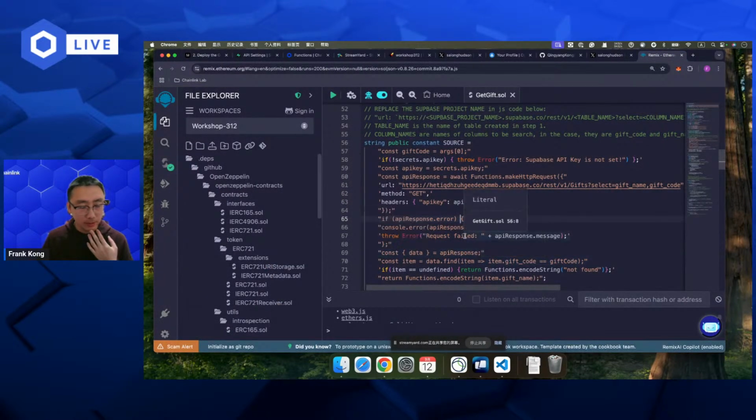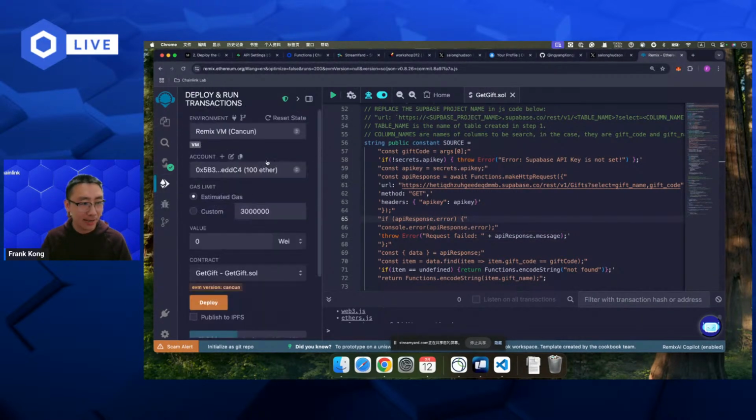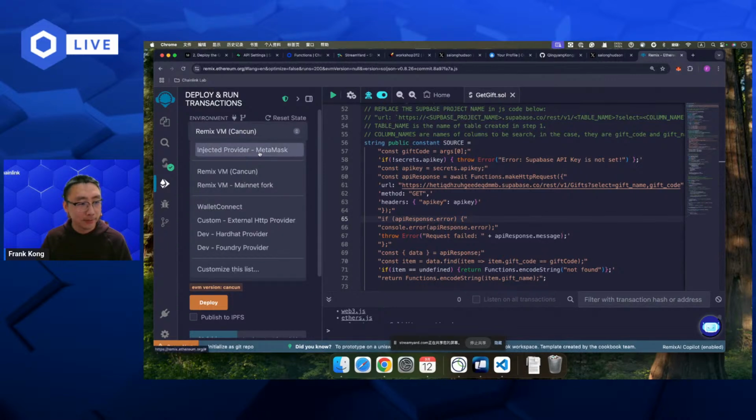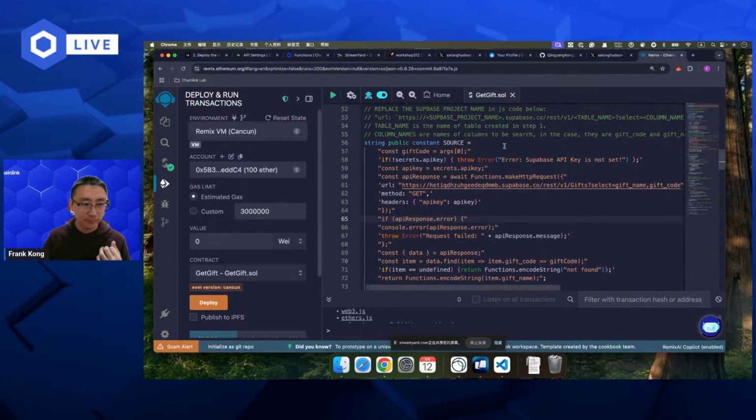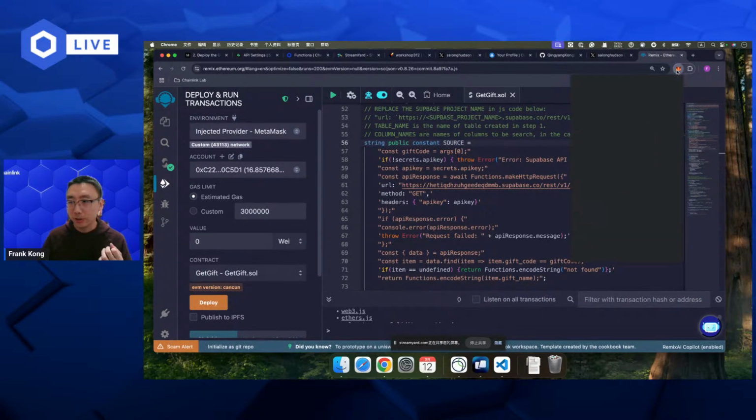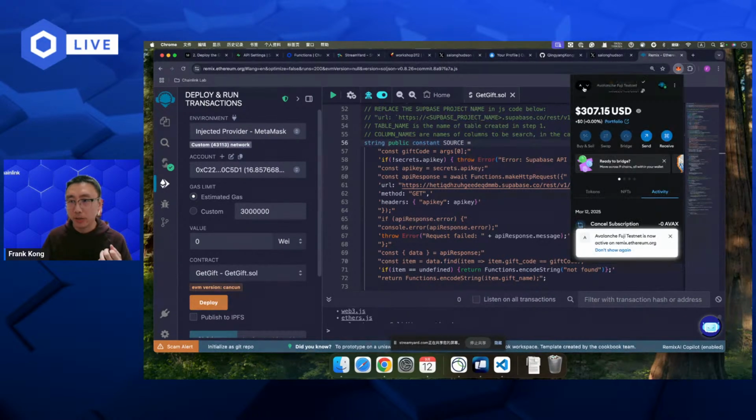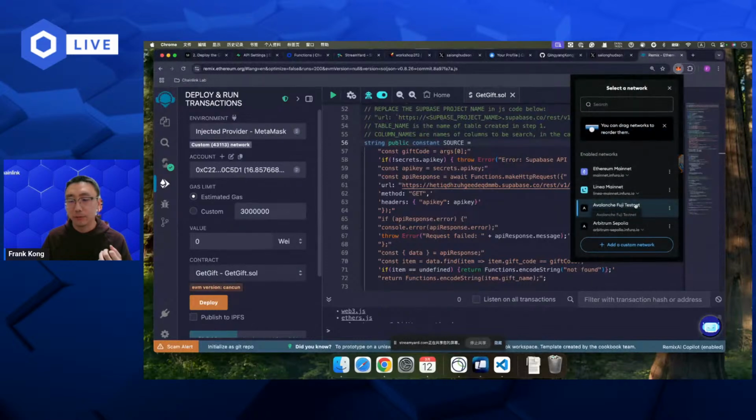Press Ctrl plus S or Command plus S to compile the smart contract, and then go to the deploy tab and select the injected provider. Let me show you my MetaMask. I'm on the Avalanche Fuji testnet.